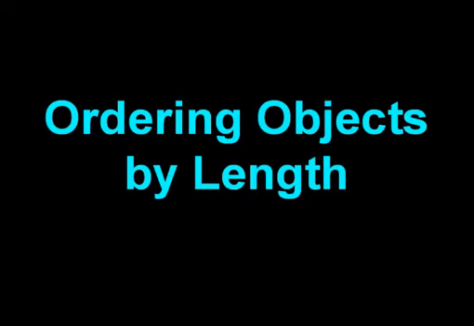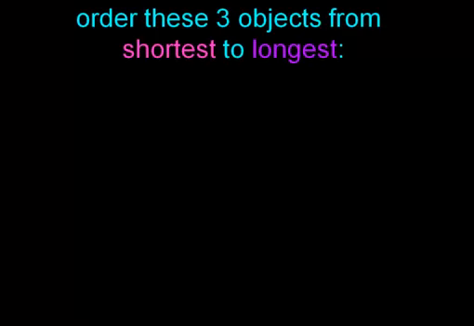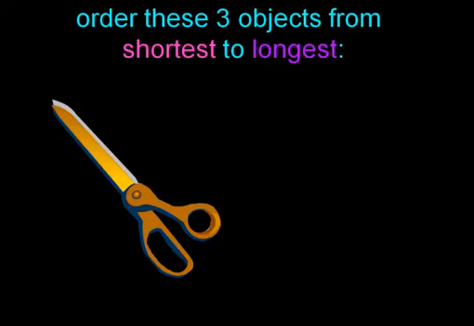In this video, you will learn how to order objects by their lengths, and also how to compare the lengths of two objects by using another object. So let's suppose we want to order these three objects from shortest to longest: a pair of scissors, a crayon,